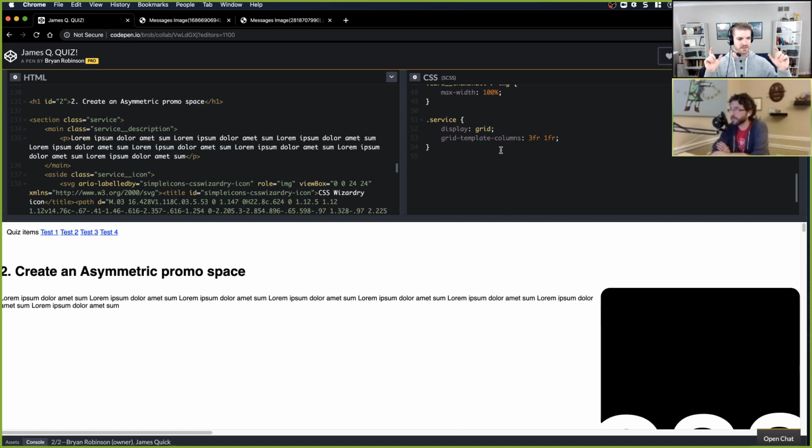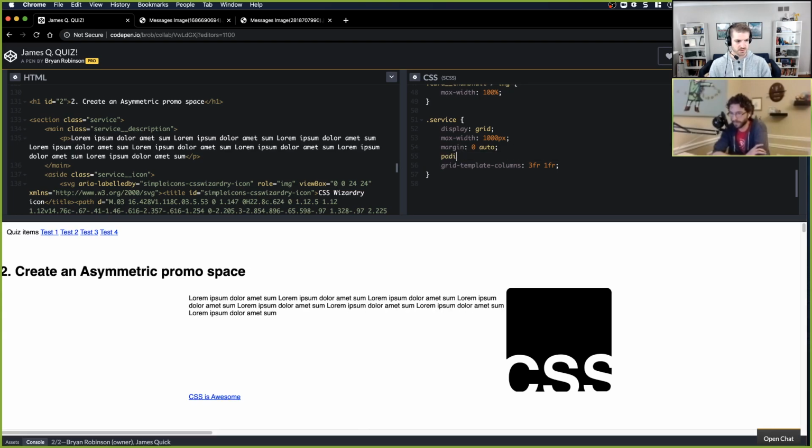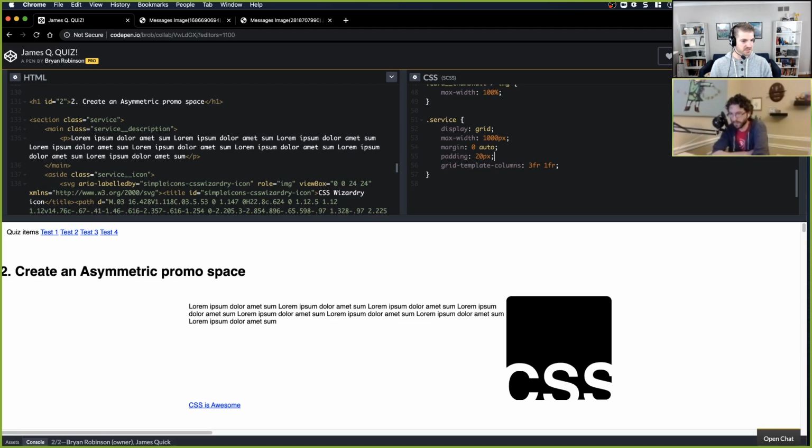So I've got the image and the text laid out. I could do the same kind of thing that we did earlier. I don't know that I have to, but just set a max width and then center this thing so it looks a bit better, and on smaller screens, maybe add a little bit of padding just in case. And margin 0 auto. Yeah, cool. Okay, so a little bit of basic stuff.